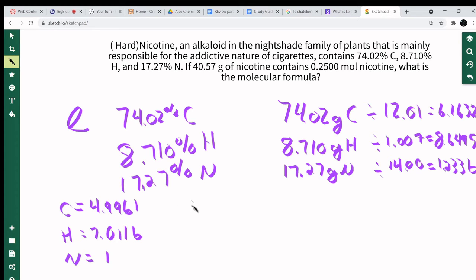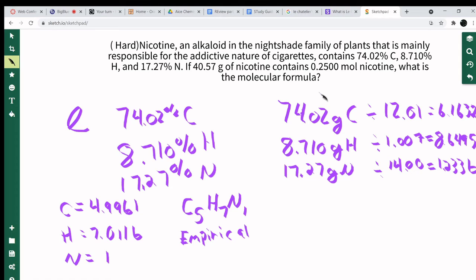Okay? So that means that our formula is going to end up being C5H7N1. This is the empirical formula. Okay? So, this is the empirical formula. All right? Now, this isn't asking for the empirical formula. It's asking for the